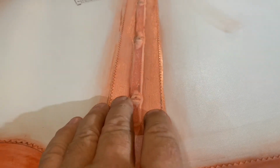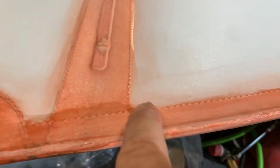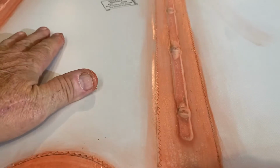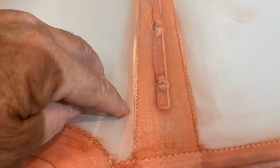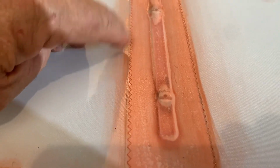But it does actually show up a little bit different. If you get big globs of it, you'll see the globs through the paint. And if you get a whole lot on it, see how it's kind of shiny when you look at it like that. Usually after we brush and spray 2 more coats of poly brush on here, it won't be real shiny. It'll be somewhat shiny when it's filled. But when it's not filled, you can see the edges here, like where it's not much, that's dull. But when you get over here, you can see the shiny, and it's really filled good there